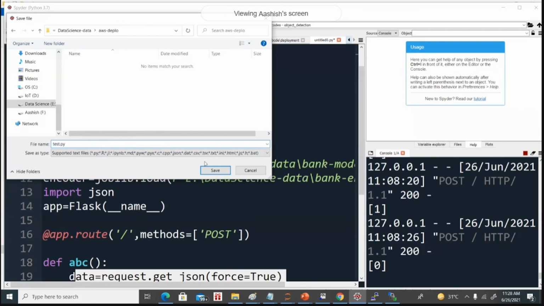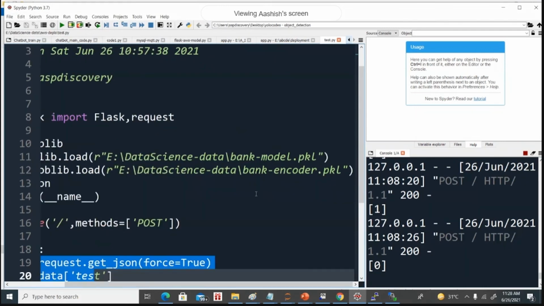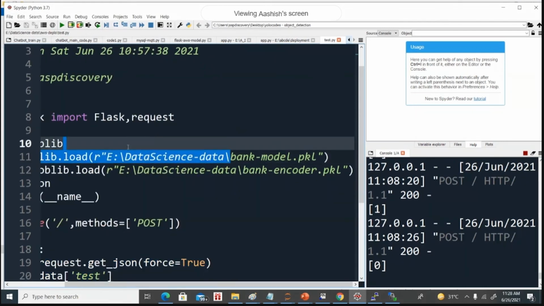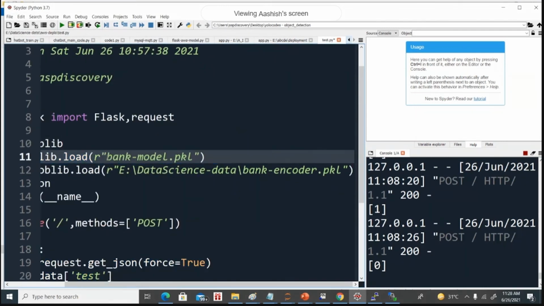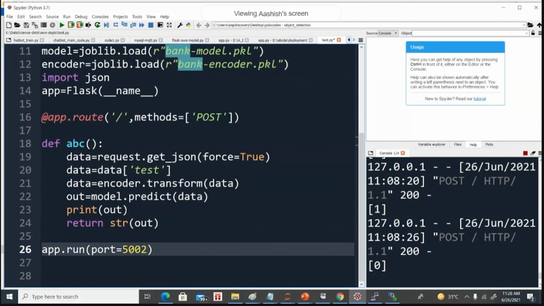I think it is the data science, AWS deploy folder, yeah, here. You can give it any name, so let me give it test.py. Okay, so once you deploy this, this is your current system location.